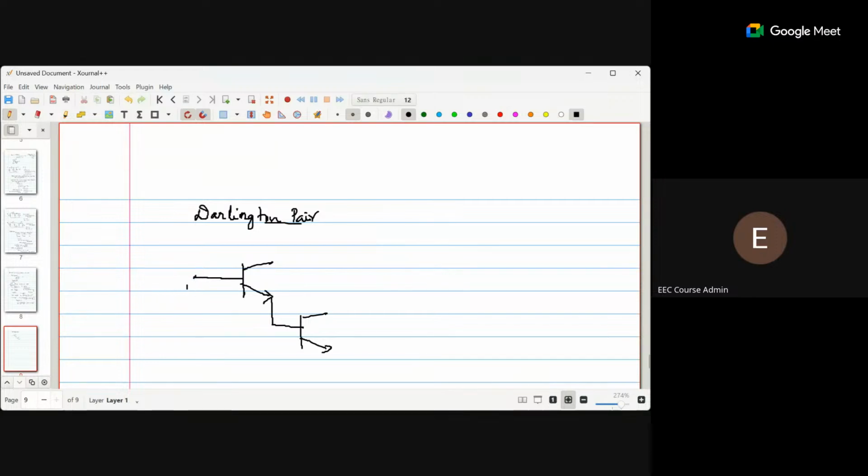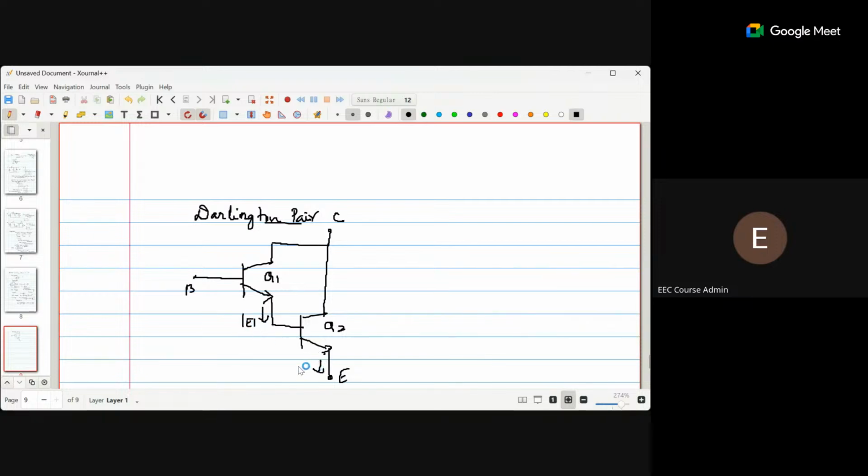So this is the base terminal. This will be connected to the collector terminal of the second, and this will be the emitter terminal. So this is Q1, this is Q2,